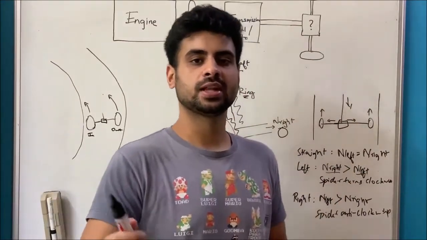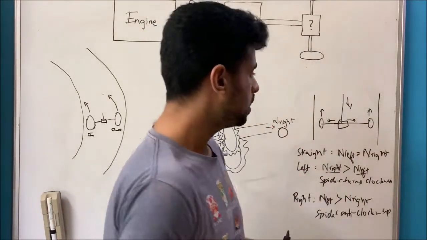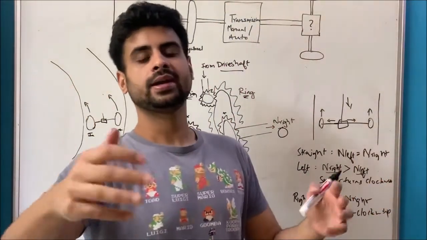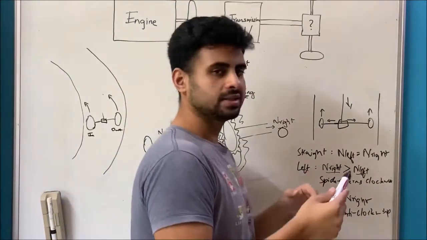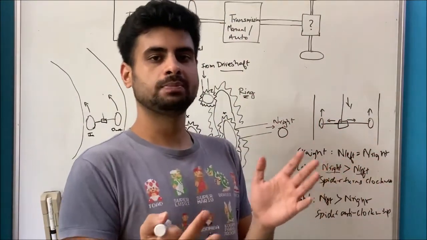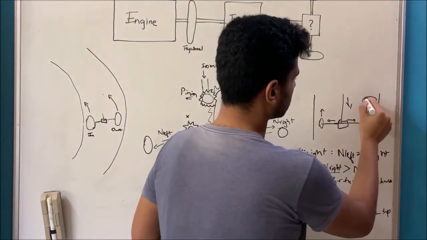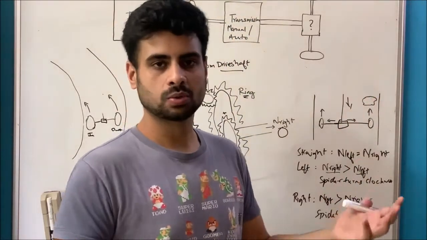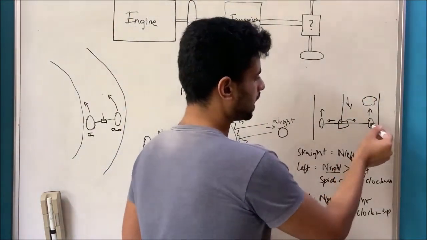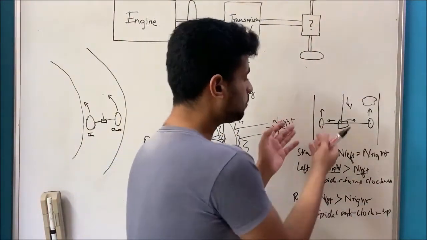Because let me give you this scenario. Say you're driving along with this differential system, all good. Say it had rained in the morning, but the road is drying out, so it's a dry road with wet patches. So let's say you're driving along, there's a wet patch here. The right wheel goes on to the wet or ice or whatever. The right wheel suddenly loses all traction and the left wheel is fine.